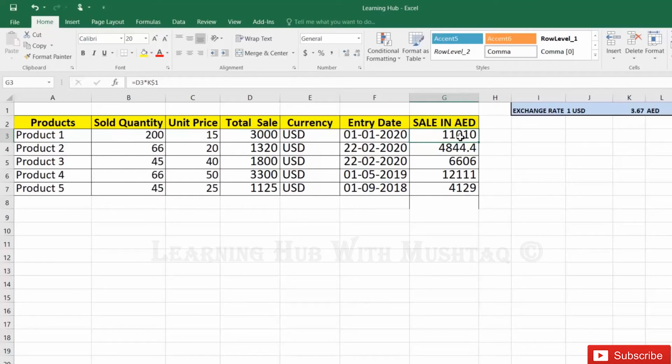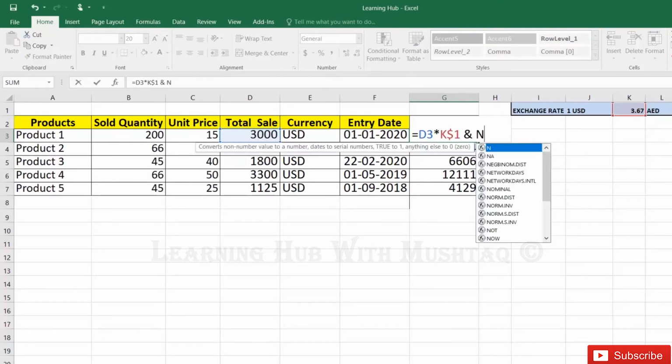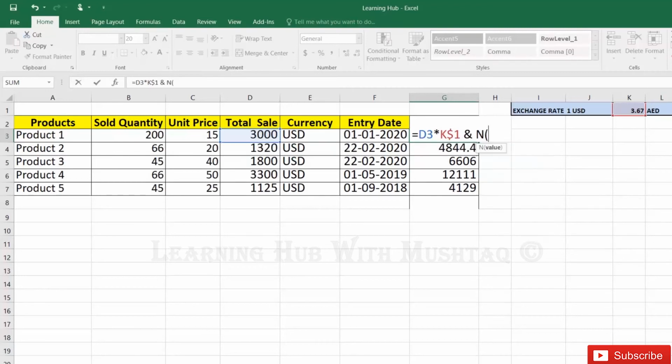Here we have one calculated column where we are calculating the total sale in another currency. Here it is in USD and we are calculating in AED, and the exchange rate is here. So we just add the comment here, with the N operator, and in the bracket, then inverted commas, whatever you want to add as the comment. I will say here